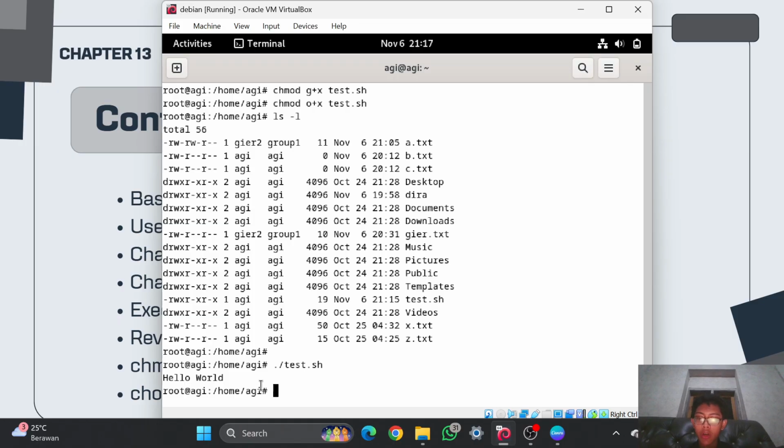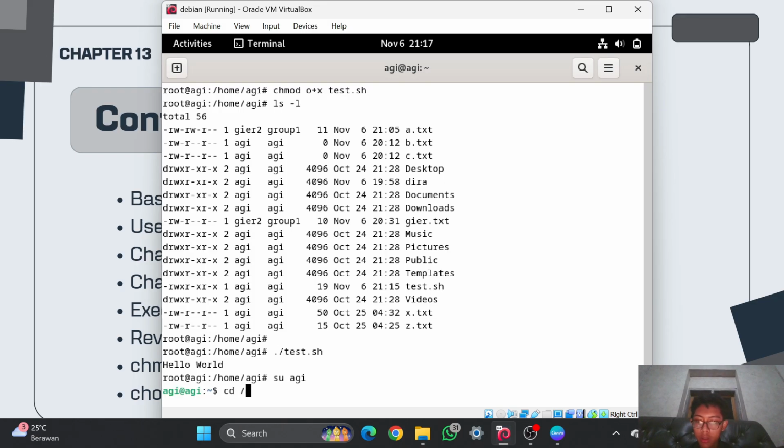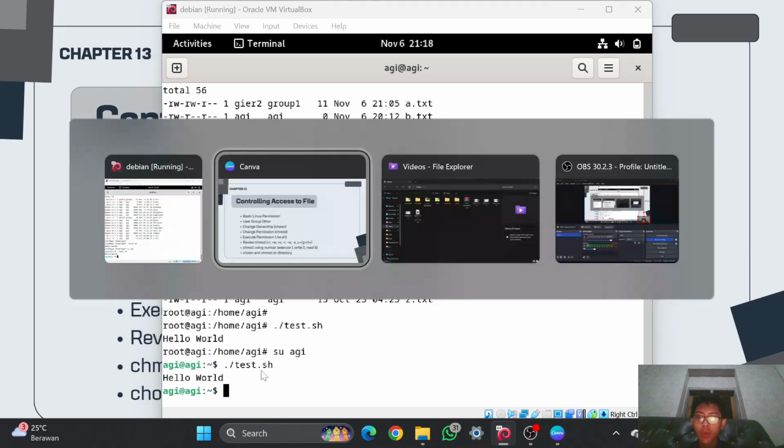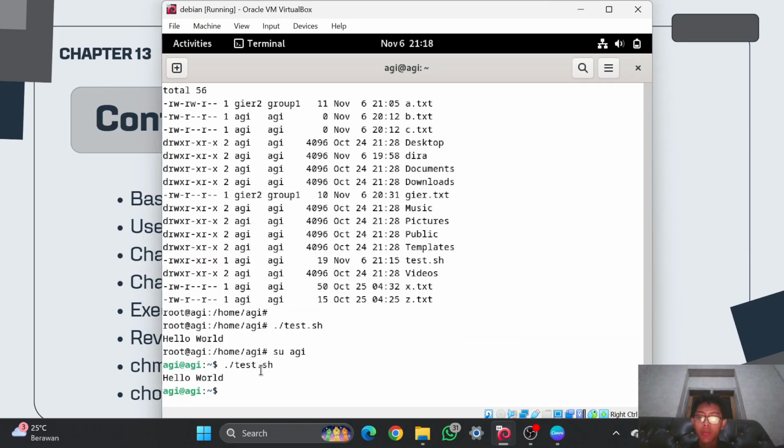As you can see, right now it has been run. I will try in the AGI user first, test.sh. As you can see, the execute permission has been successful for the AGI user.